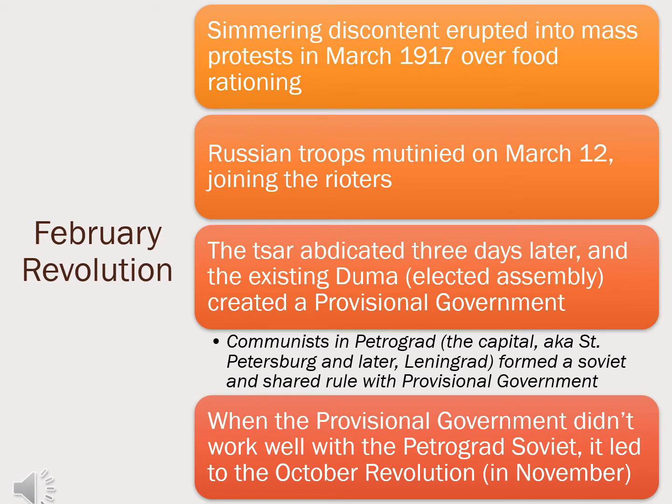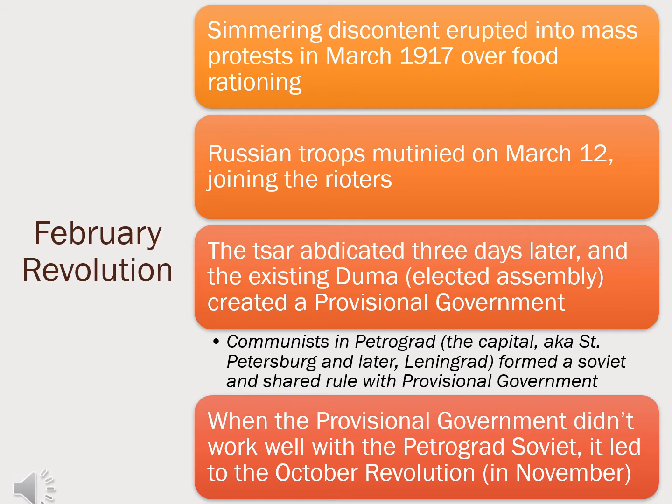At the same time, the communists in Petrograd form a Soviet. A Soviet is a council. Okay, that's all it means. And so they form their own council. Now, there are Soviets springing up all over Russia and the Russian Empire, in various parts. And so this council